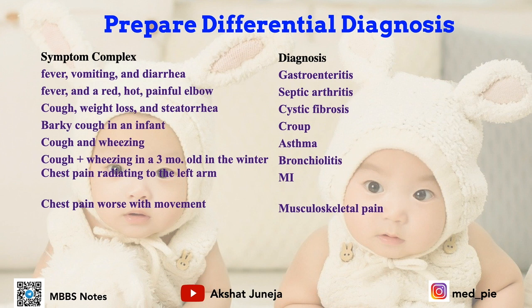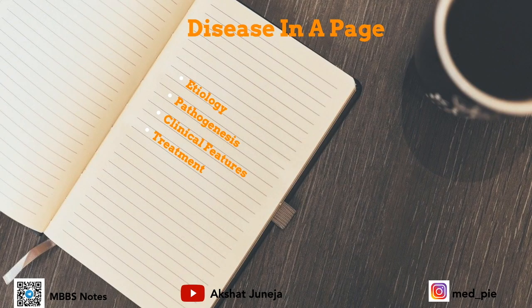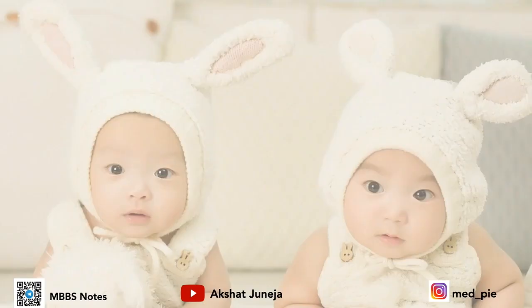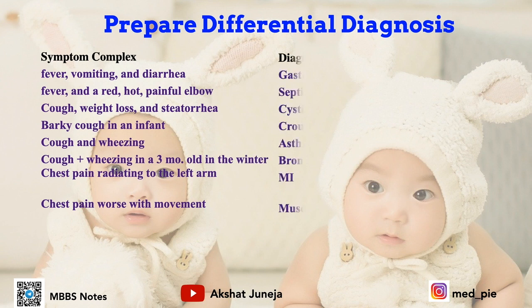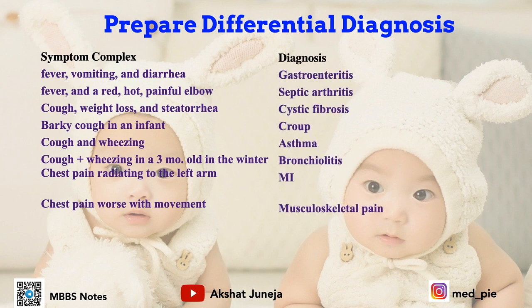So now whenever you study asthma, you have to write differential diagnosis on your page. On this page only, you have to also write differential diagnosis, that asthma can also be differentially diagnosed with bronchiolitis. So this is all you need to know right now according to that differential diagnosis point.